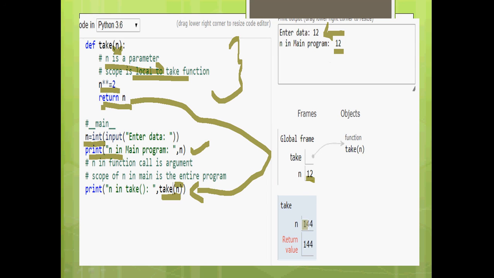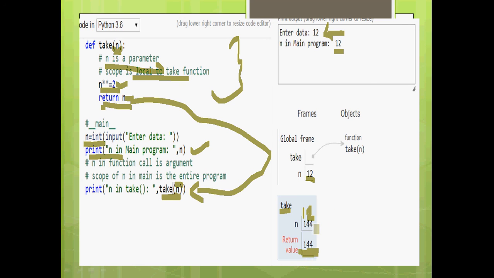Now it moved to the function. n is 12 in the function too. After this square operation, it became 144, which is the square of 12, and the return value is n. So the return value was 144.